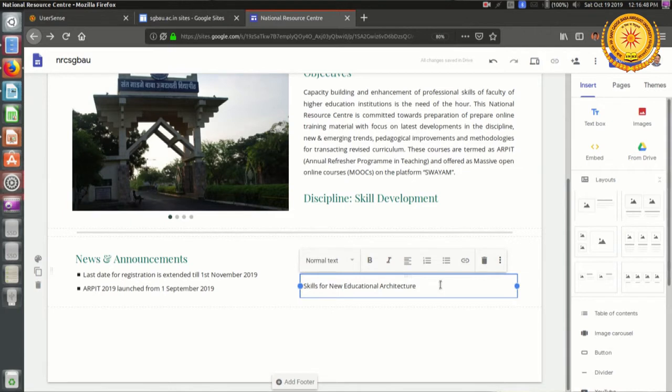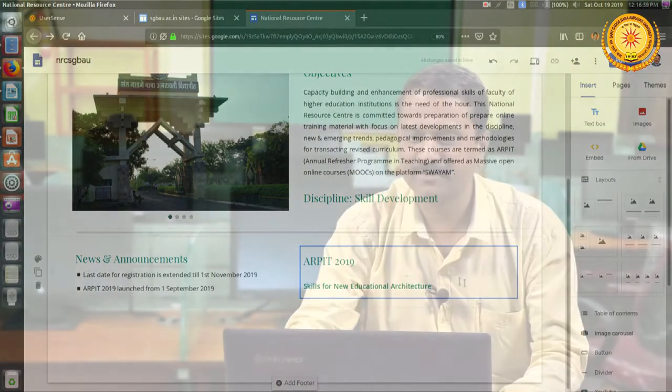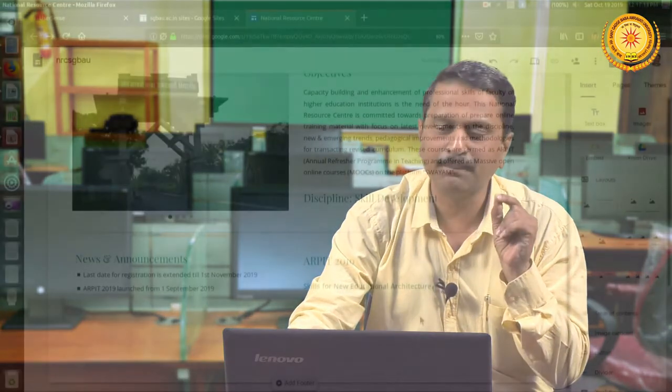Okay. Now this name should be displayed in a bold manner. So I am selecting it as bold. I am creating it as a sub heading. One more thing that I wish to do here is to give a link for the learners to register to this particular course. And when I say that it is a link, it will be shown better if I am using a button.